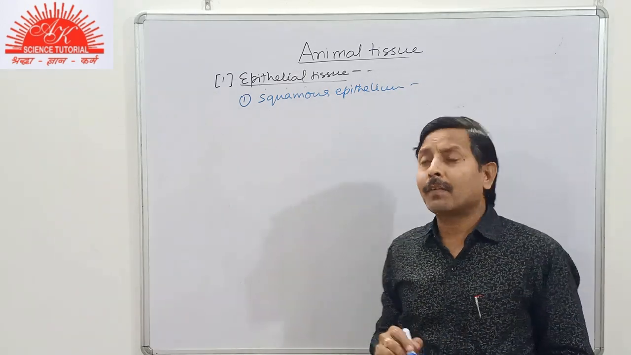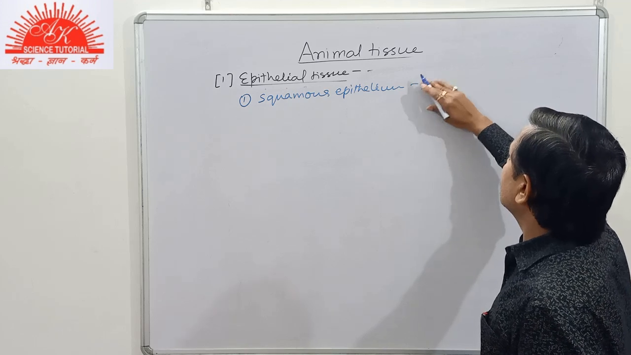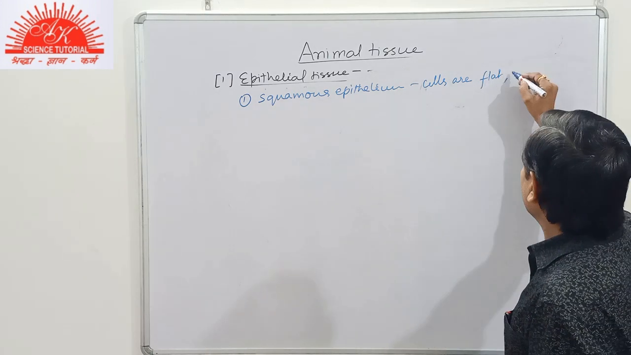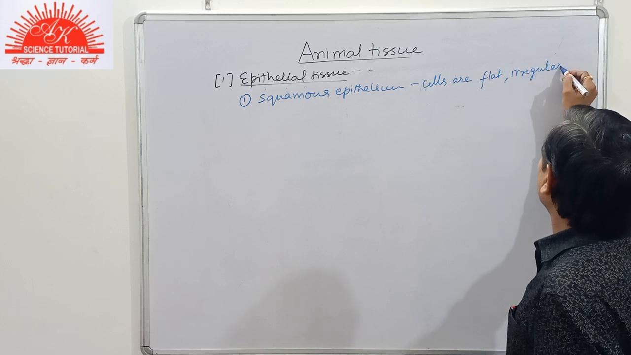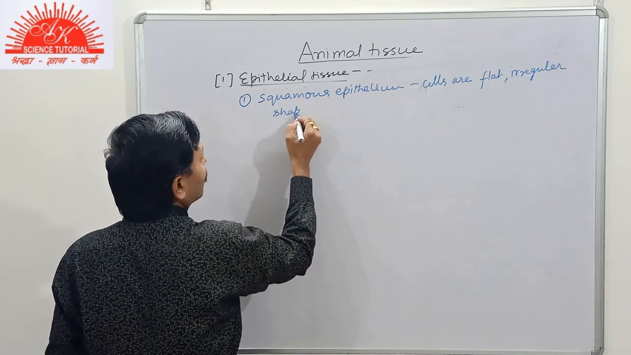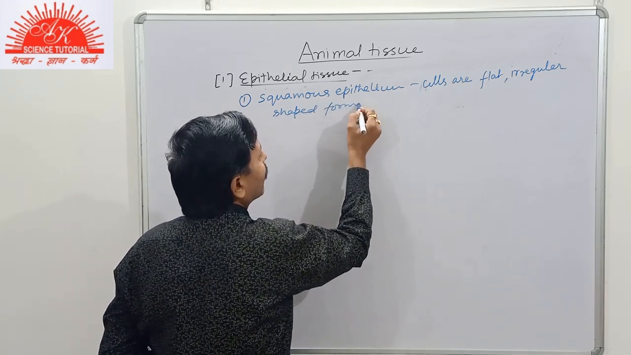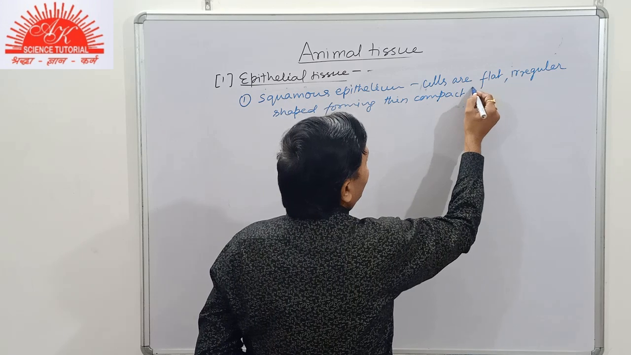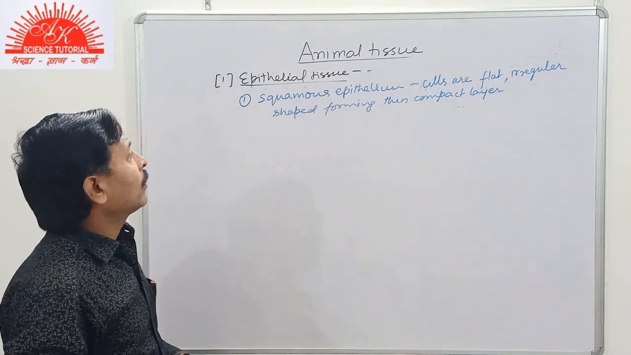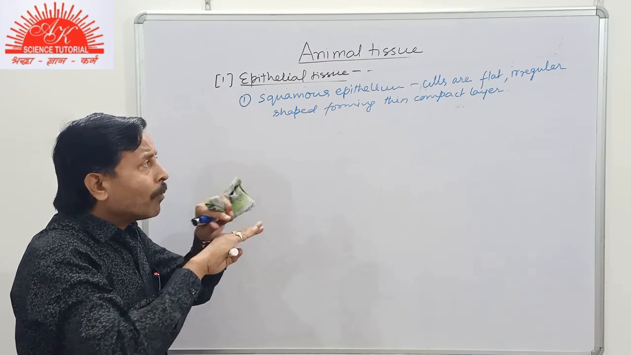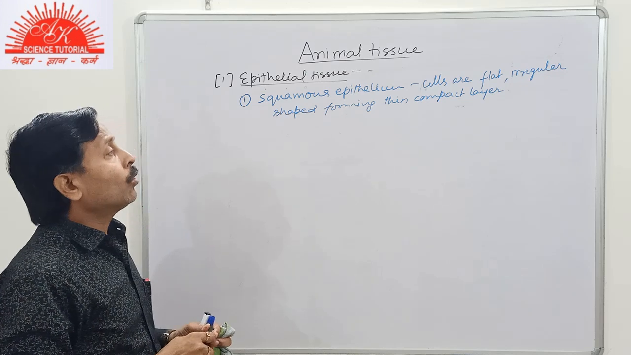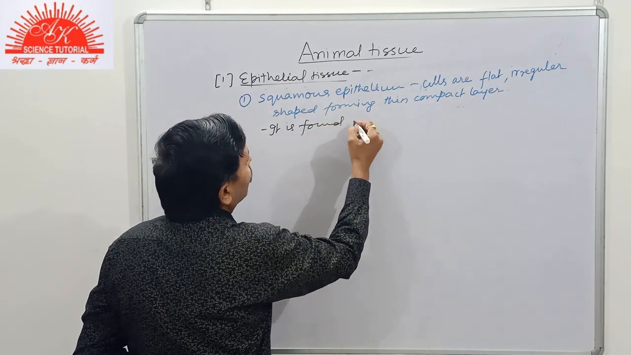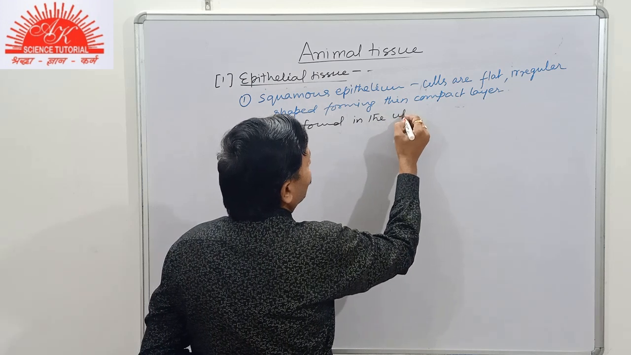Now, the cells of squamous epithelium are flat, irregular shaped, forming a thin compact layer. Now, since this forms a thin compact layer of flat cells, it will form the outer cover. So it is found in the upper surface of skin,